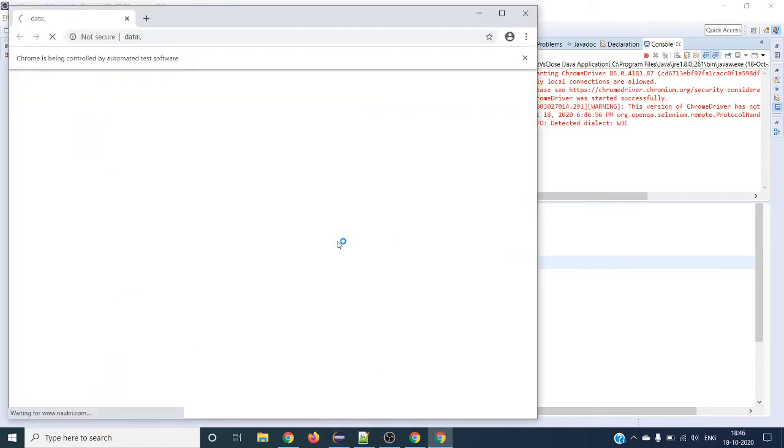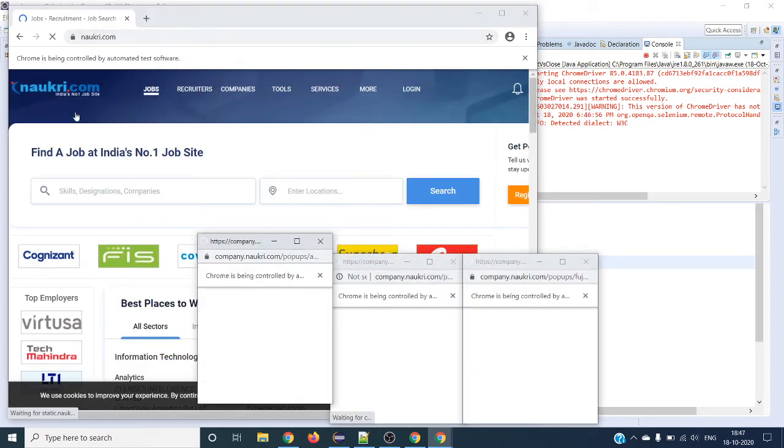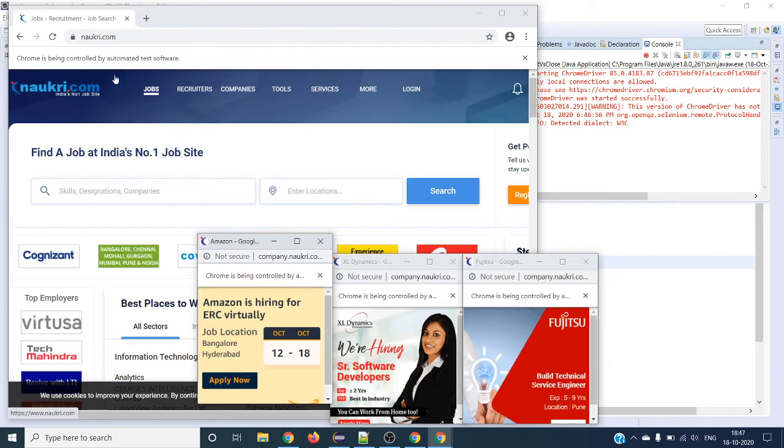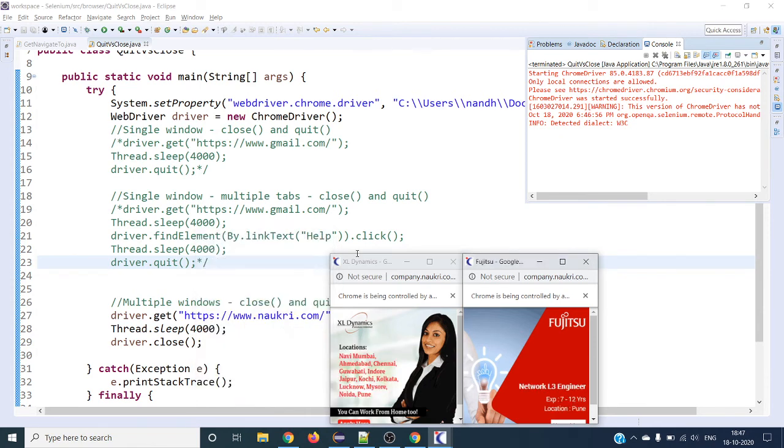Open the browser and open naukri.com. It waits until all three windows and everything opens, and I have given a 4 second wait time. With the close method, we closed the main driver window, not the other windows which were opened based on naukri.com. So that is the difference.